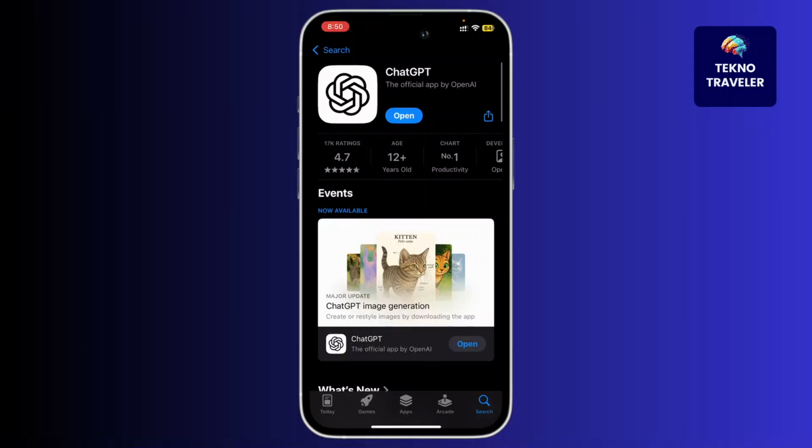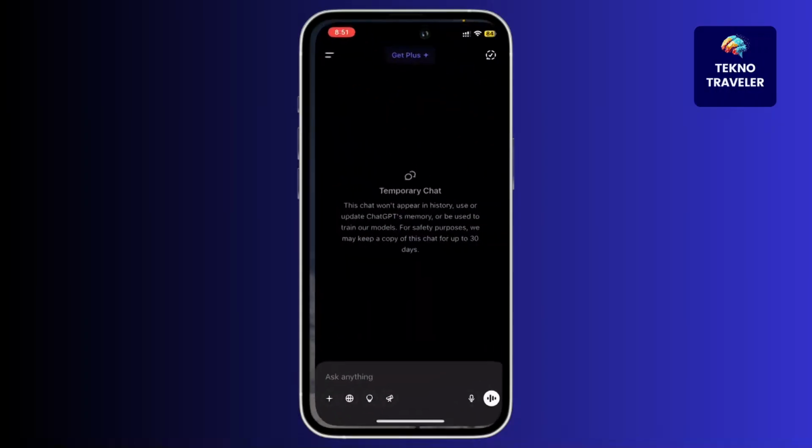Today we're diving into an exciting feature that lets you talk to ChatGPT using voice on your phone, both iPhone and Android. First things first, if you haven't already, make sure to download the ChatGPT app from an app store, because the voice to voice function is only available in the app but not on the ChatGPT browser. So once you've downloaded it, open the app and